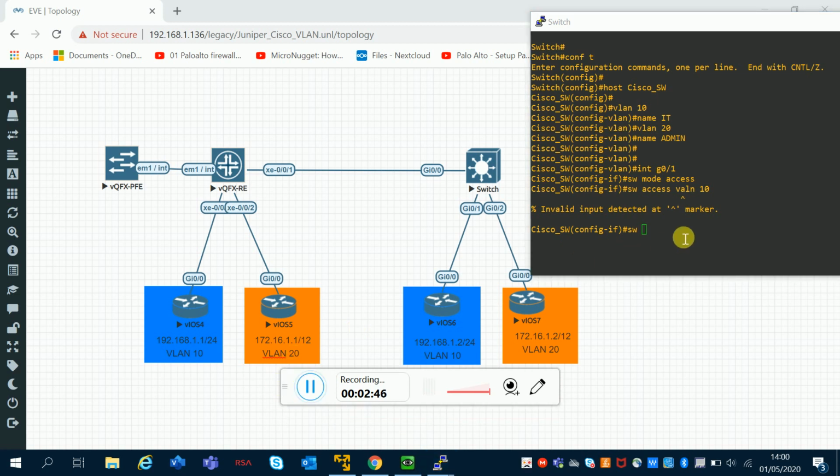So here I can see some wrong spelling, so I'm going to make it correct now. Switchport access vlan